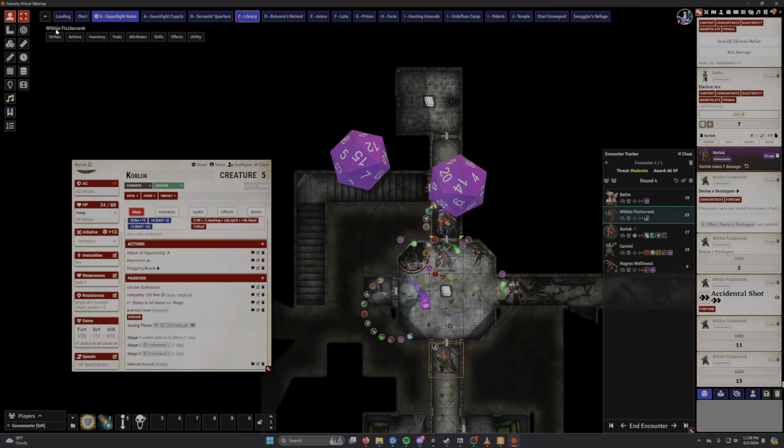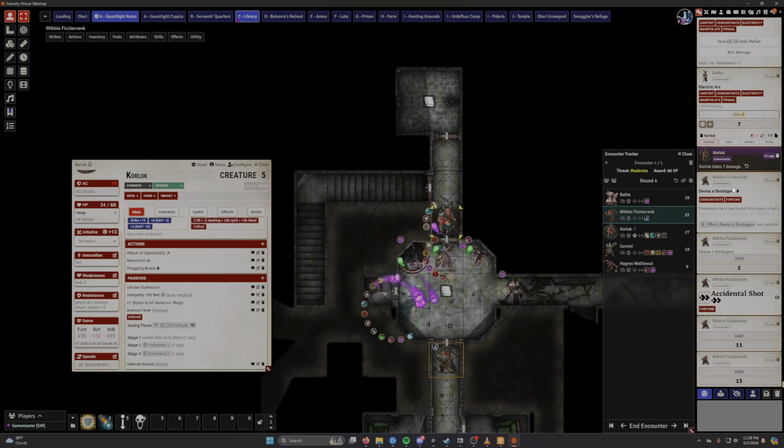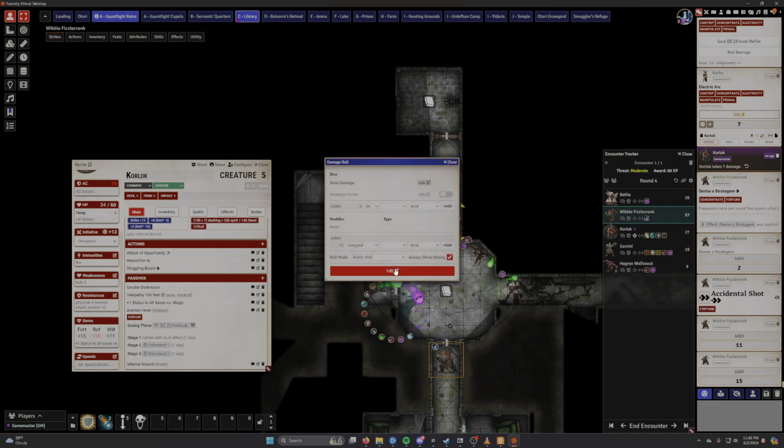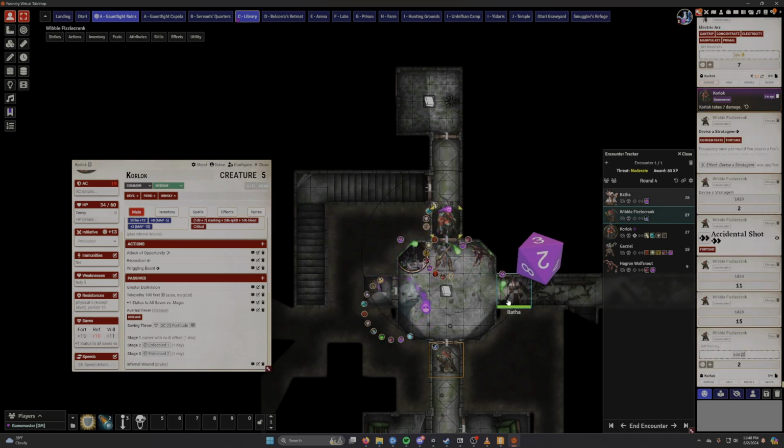Okay, we got a 15. So our normal without anything else is 5 plus 1 plus 1, so 7. So that's a 22 against his AC, which is definitely a hit. Even with lesser cover here, that's 21, which is a hit because he's off guard. So we can roll damage for this, but not 1d6, unfortunately. The ideal aspect of accidental shot is twice the odds of critting, but...